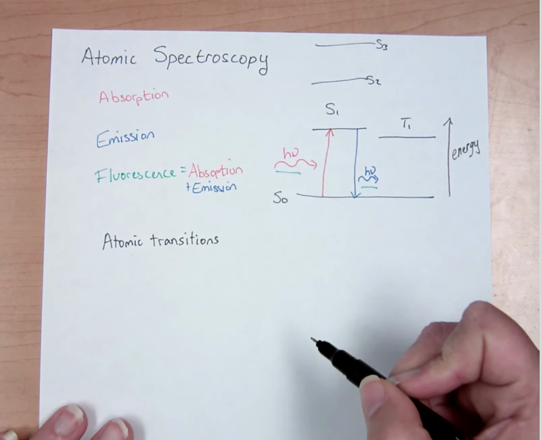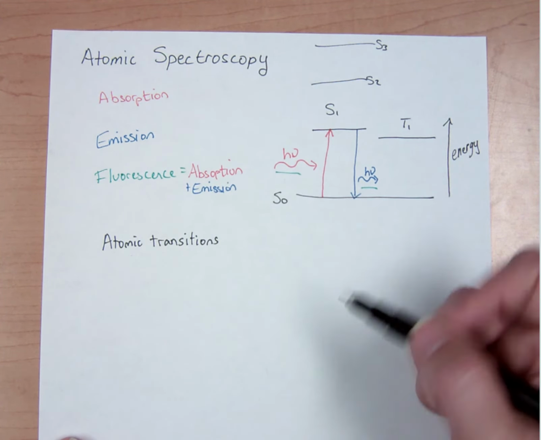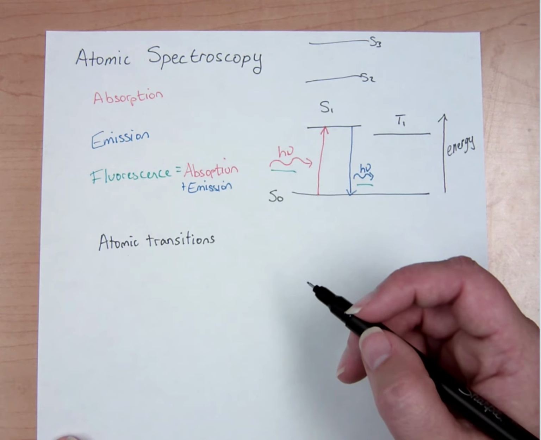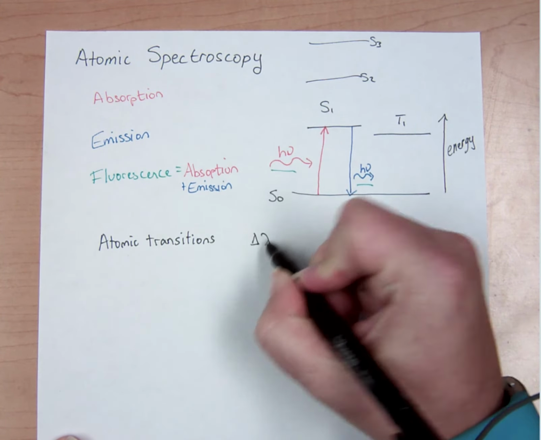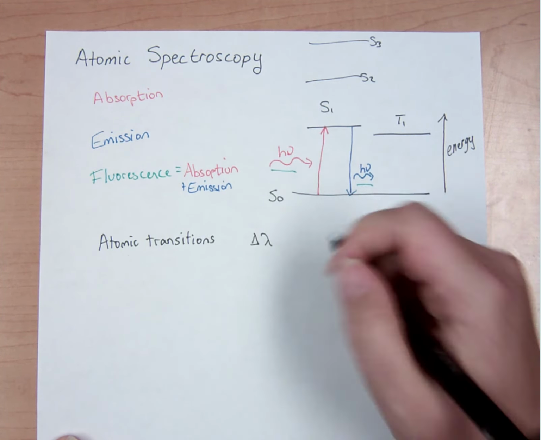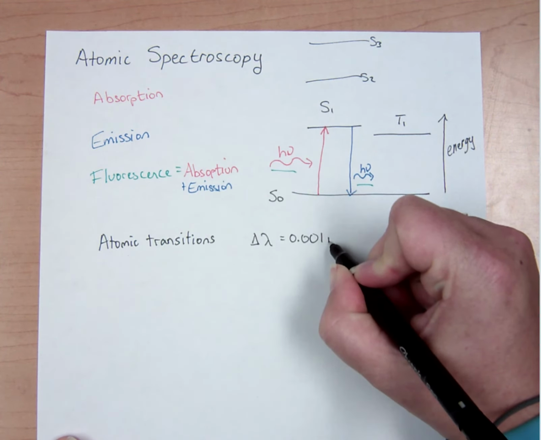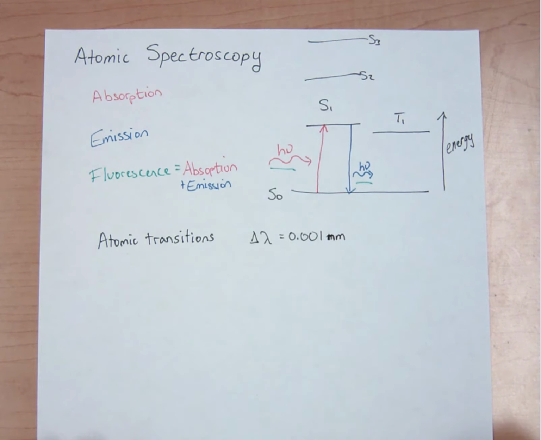In molecular transitions, we might see broad peaks of 10 or 100 nanometers. Here we're looking at very narrow ones. You know, we might look at the change in wavelength or the distribution of wavelengths for a band being something like 0.001 nanometers. So these are very, very narrow, and we're almost always observing these atomic transitions in the gas